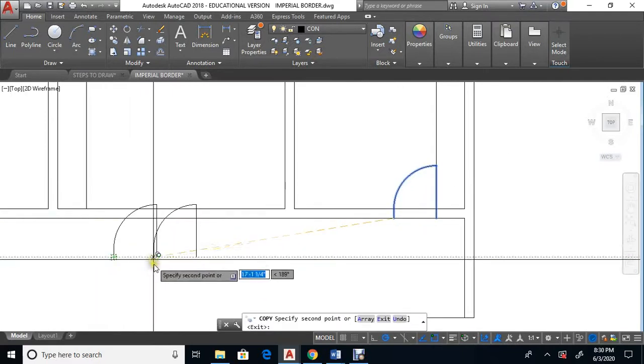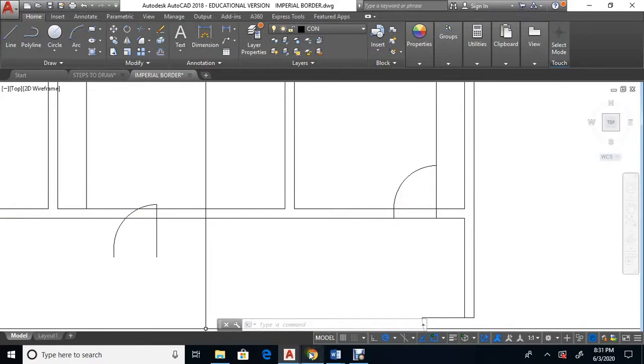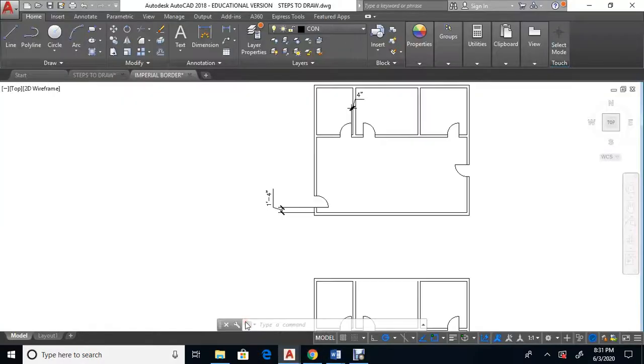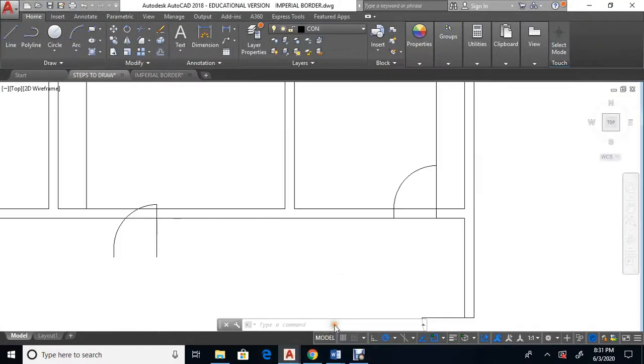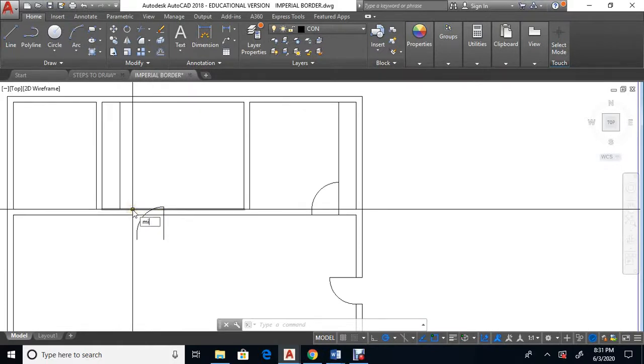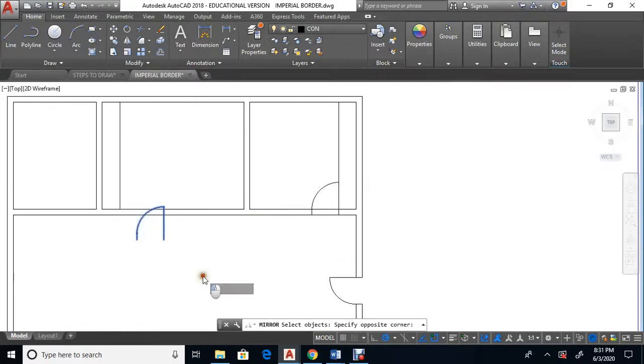Now, this one, if you look at my little sketch, I want it to actually open the other way. So I want this one to open that way and hit the door. So what I'm going to do here is either I can rotate it, wrong drawing here, either I can rotate it, or here I'm just going to mirror it. So what I'll do is I'll mirror this one